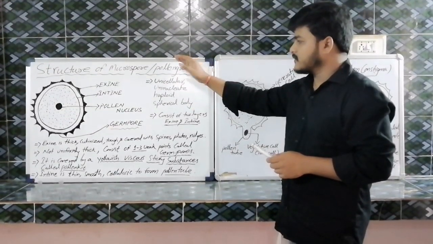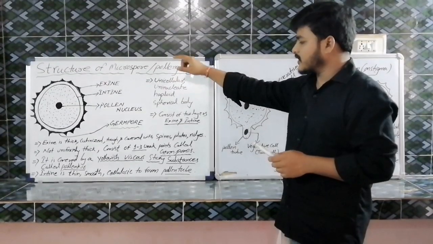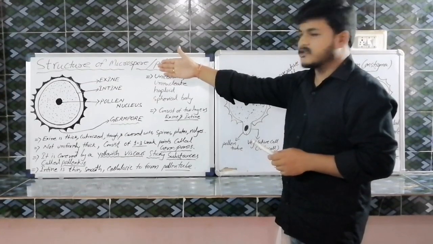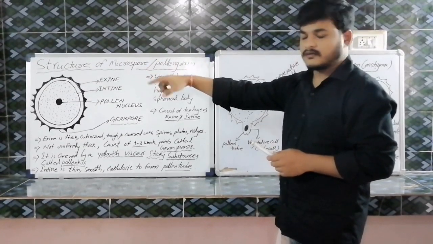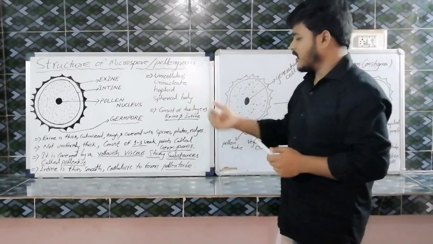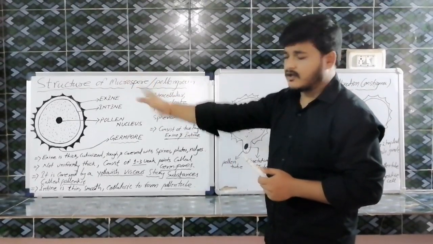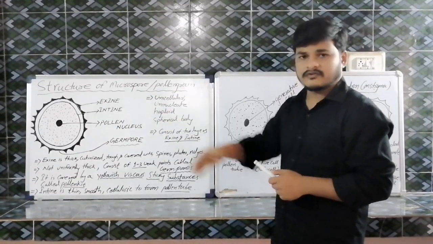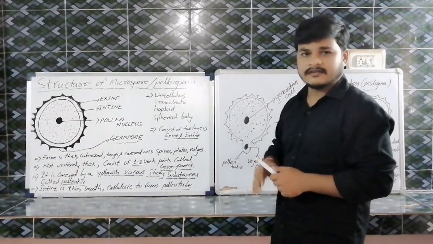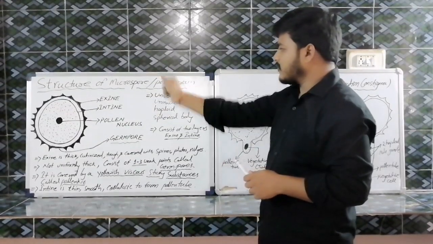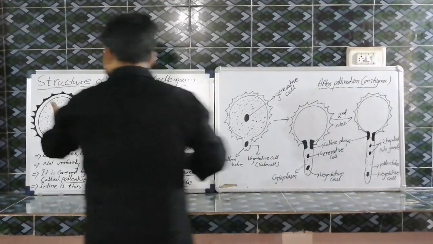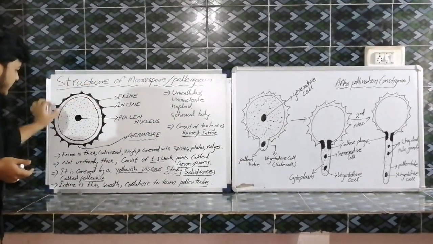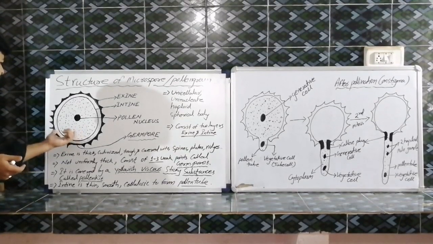That means it is cutinized, outgrowths are there, and a number of curved structures are also present in your exine, and it is tough in nature, that means hard in nature. The hard surface, that means the exine, consists of a number of spines, plates and ridges. This total outgrowth structure is normally thick in nature, and it consists of